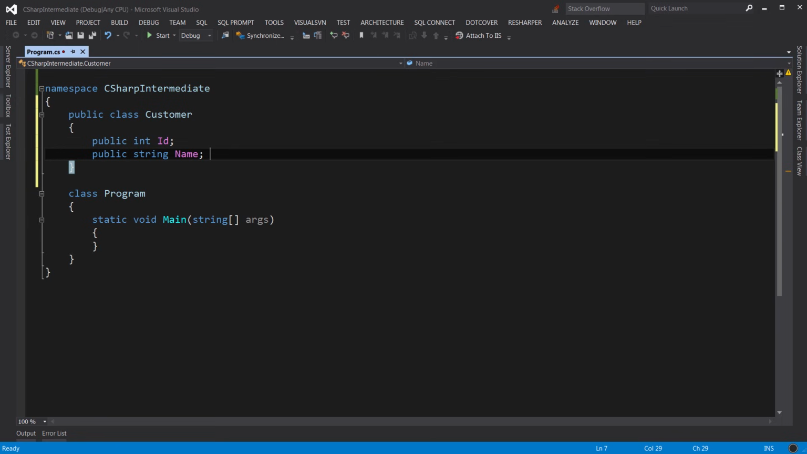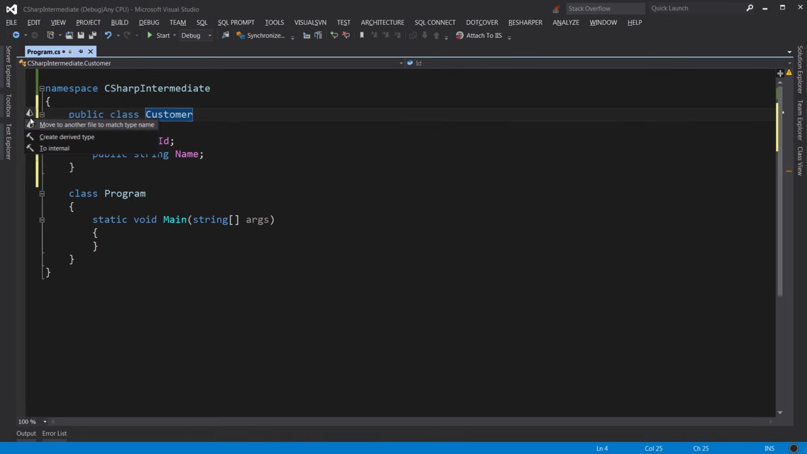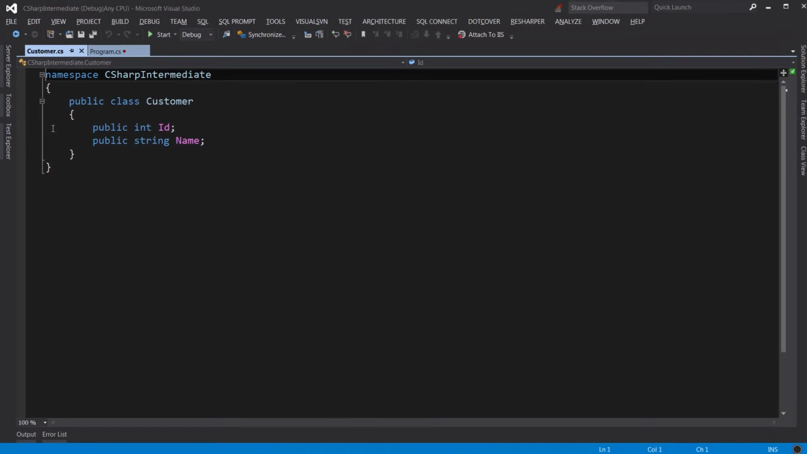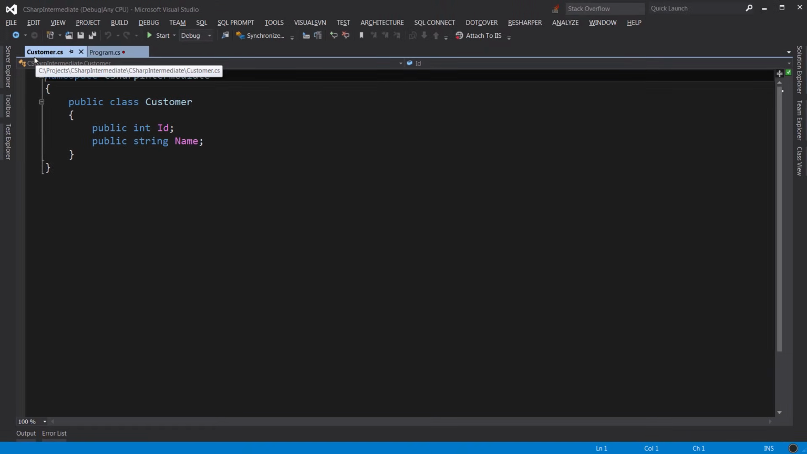Alright, let's put this class in a separate file. So I put the cursor here and note this little icon here. That is used for refactoring. That means changing the structure of the code without changing its functionality. So here I press Alt and Enter, and it pops up this context menu. The first item says "move to another file to match type name." So I just press Enter, and note that now we have a separate file called Customer.cs, and this file is